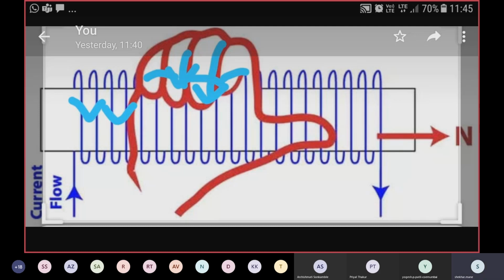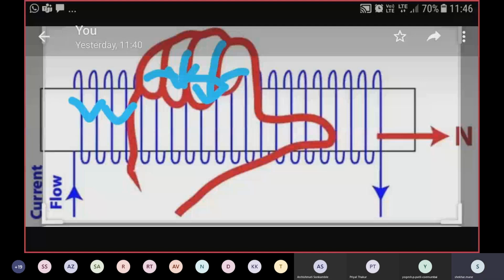The n shown here is your direction of flux, if your current is going downwards. Now if your current is going upwards, then the direction of the thumb will be on the left hand side. So the direction of flux is opposite. Because of that, the polarity is different in coil 1 and coil 2 in case of differential coupling.